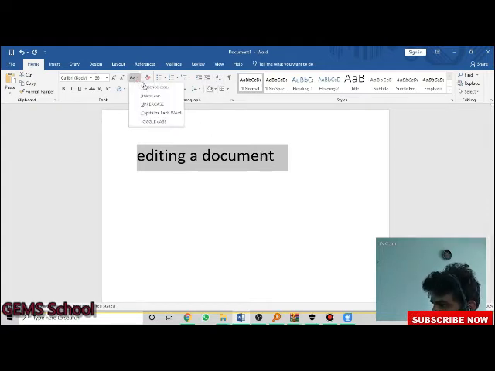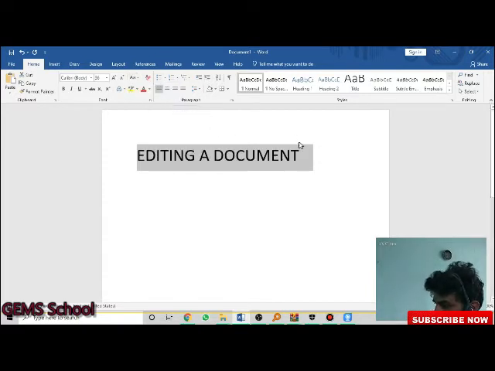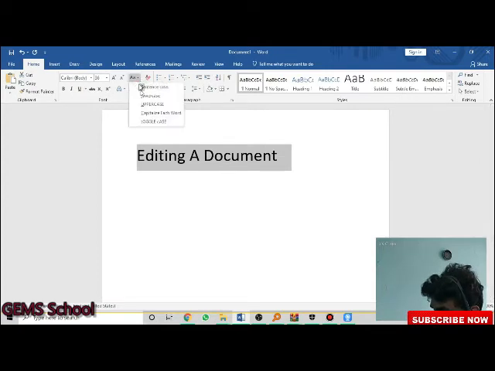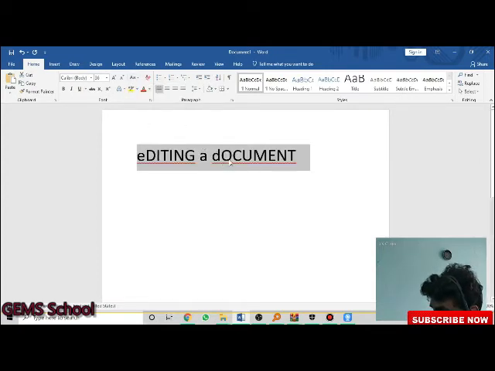What do you mean by upper case? In the same way, once you select upper case, it converts into upper case. Capitalize each word: when you observe it, the first letter of each word becomes capital. See, the E is the first letter of editing. A is only one word, so it becomes a capital. And the B is the first letter of this word, so it becomes a capital. Now toggle case is the opposite, the reverse option. The first letter will be small letter, the remaining will be capital letters.